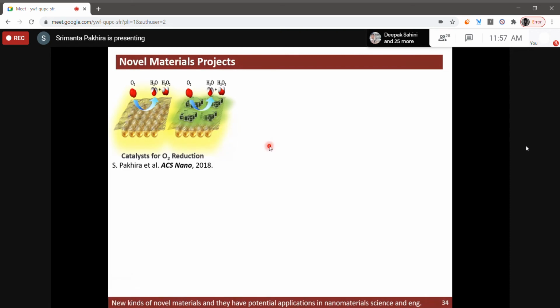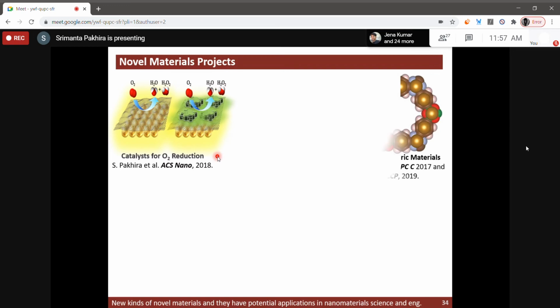If we remove the graphene, the activity of the material is decreasing. If we insert the graphene, the activity is increasing. Okay, it was a very interesting topic at that time. We were able to publish this in 2018 in ACS Nano, one of the powerful journals for that. So we have experiment and theory, and we studied this kind of behavior, and CV characteristics we have performed in analysis.